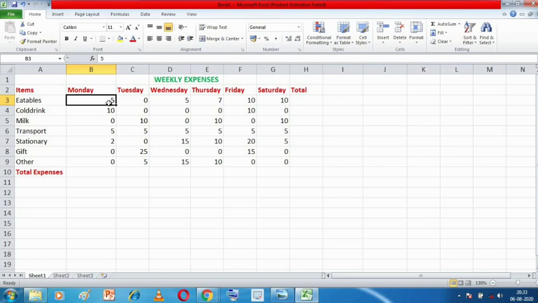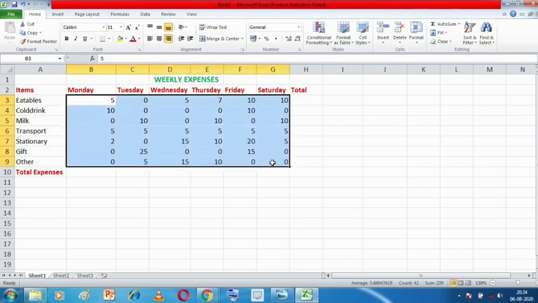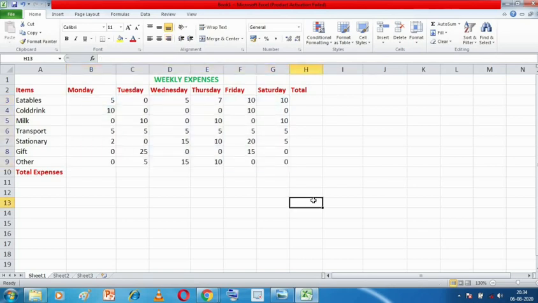Select that particular cell and go to the alignment group on the home tab, and you can make them center or left. But by default they will be aligned to the right only. So this is the first type of data that can be inserted in Microsoft Excel, that is numbers. The next is text.